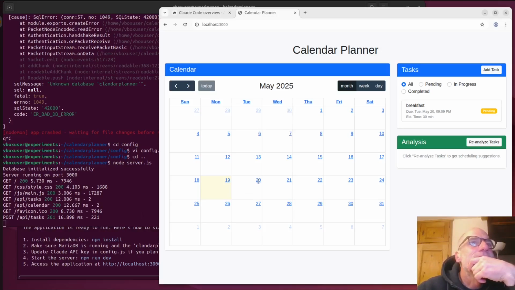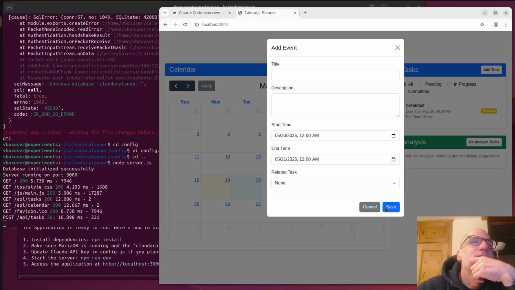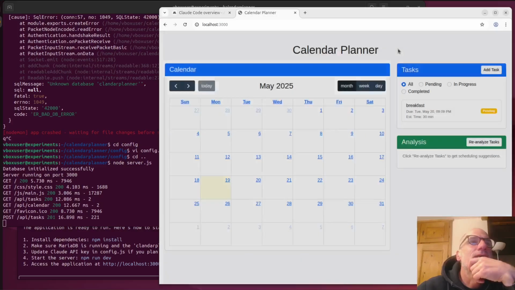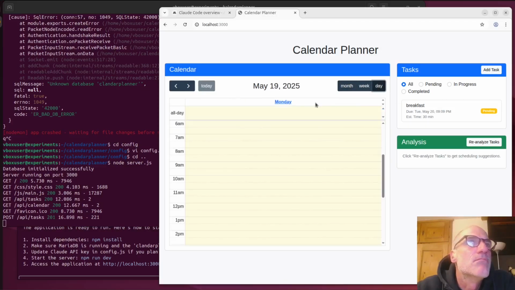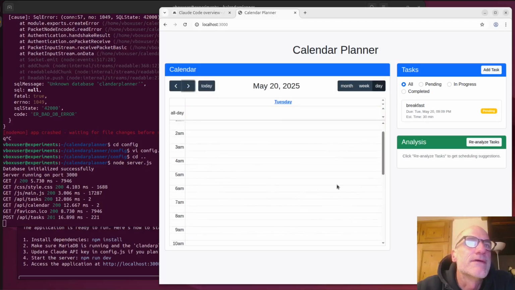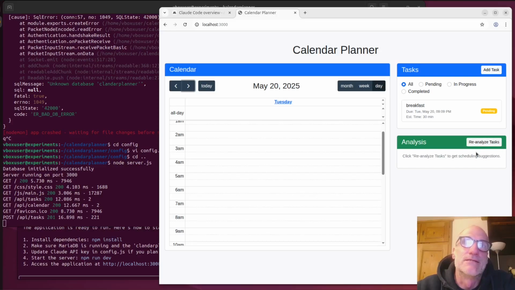Where were we? Here, alright. If I click, it directly prompts me to add an event. Maybe it doesn't really render. I would want it to actually draw the entries here too. Maybe if I do that. Monday. Let's go a day further. There isn't anything. Could also be that I need to analyze the tasks first. Yeah, good point actually. That's the whole point of the idea, that it puts the stuff onto the calendar using